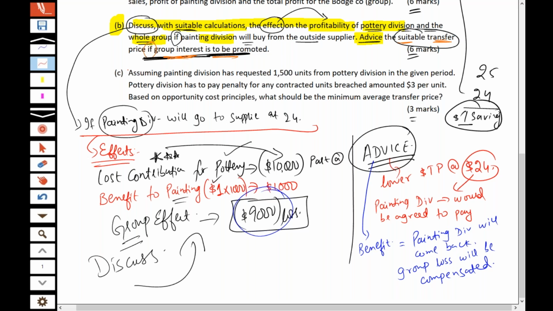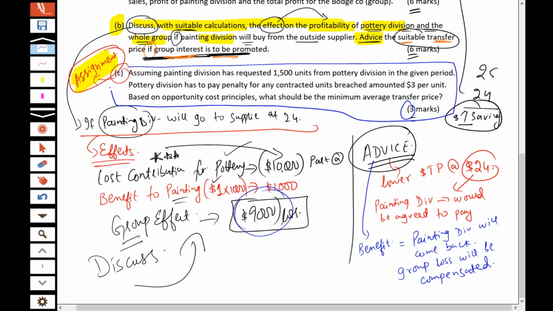Now, part C is totally an assignment. I will not be reading the requirement even because it's just for 3 marks, but do not ignore it. I usually respond to you individually, and I normally share all the handouts and my answer scripts with you, but this is something just to think and solve. This is a pure assignment for you.